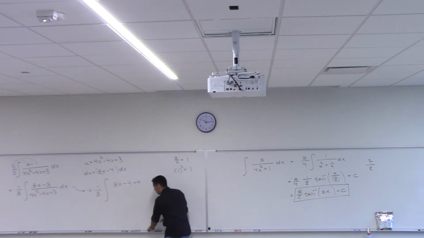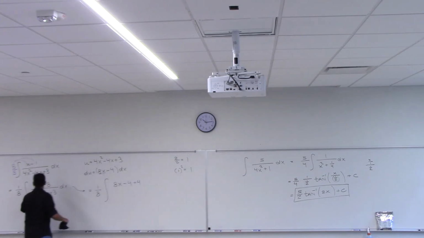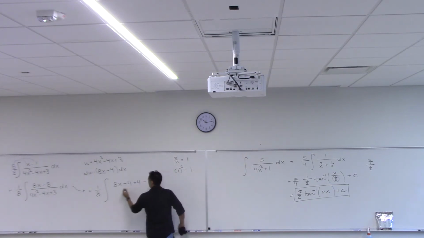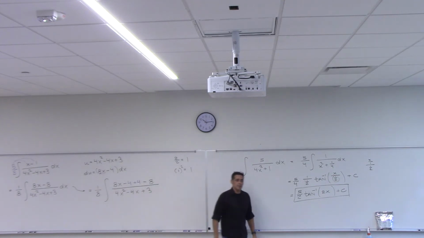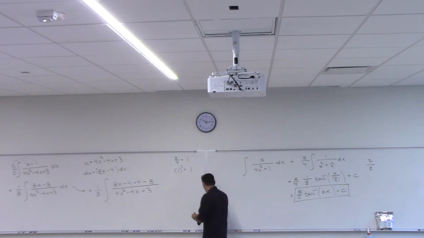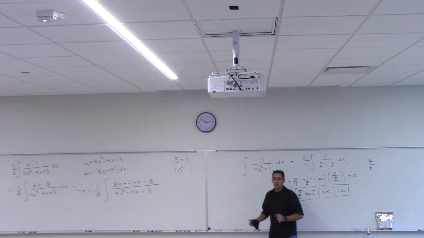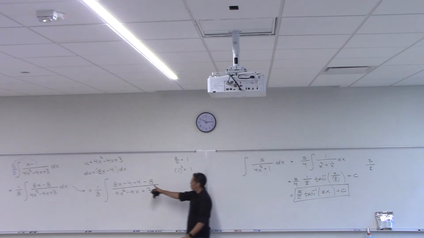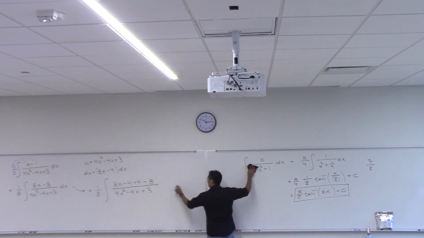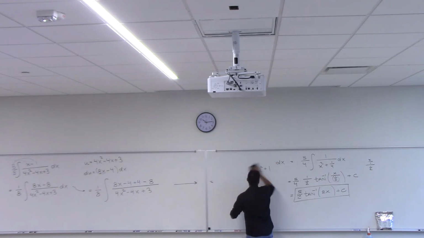Now, what did I really still have up there, though? I had 8x minus 8, right? So I still need that up there. Do y'all see that I have not changed the problem at all? That's the exact same problem. That's the same problem, isn't it? I know this looks weird, okay? But just follow me through, okay? This is going to get us somewhere. Now do you see 8x minus 4 on top? Yeah, but you also see this, don't you? All right, don't worry, I'm going to take care of it. All right, so this is going to become, let's not forget we have a 1/8 out front